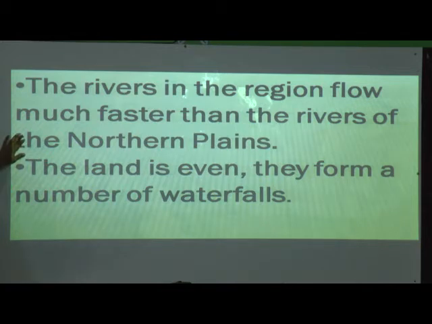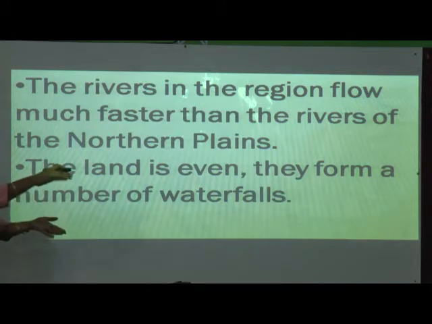Here in the Deccan Plateau, the Southern Plateau, the land is not flat. It is rocky and uneven. Due to that, the water flows very fast. As compared to the northern plains, the land is uneven. Yes, I told you the land is uneven. It is up, down, up, down. Some rocks are there, some flat is there, rocks are there. So due to that, what happens? It will come with pressure and move fast.